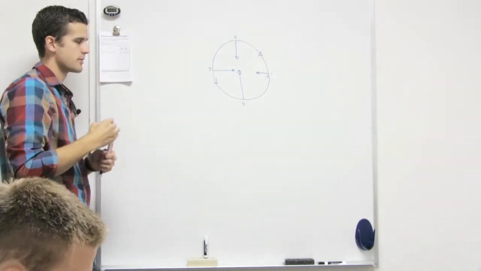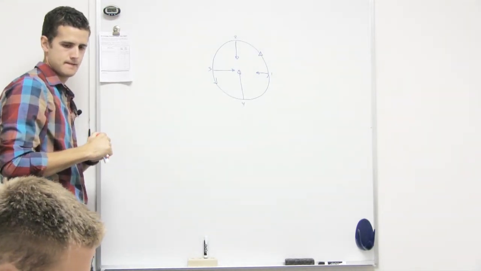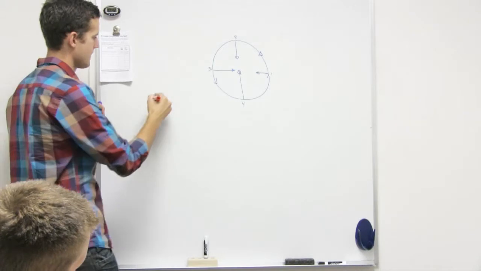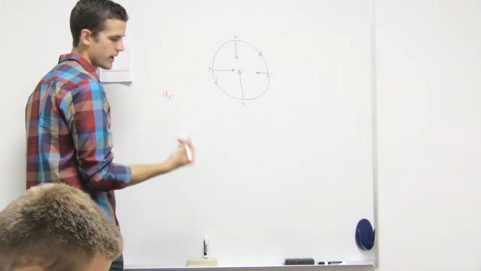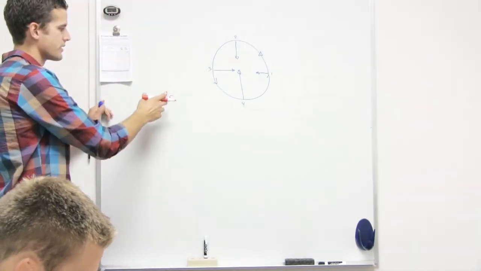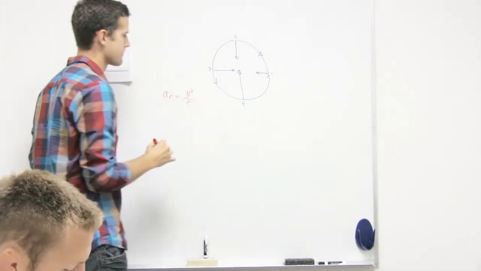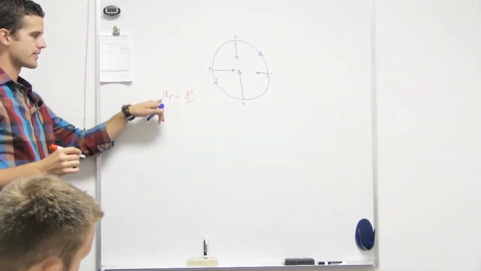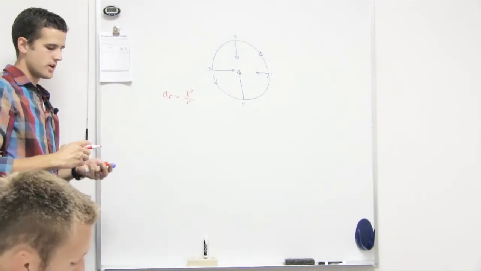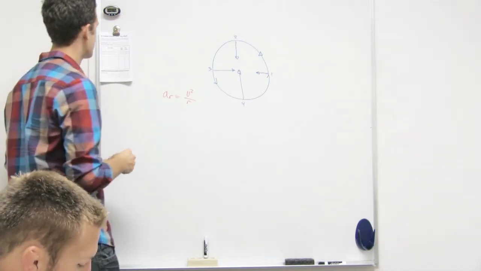All right, do you remember what the equation for radial acceleration is? I don't remember. So A sub R, or A sub C, I don't know which one they're using. Yeah, A sub R. That's radial acceleration, or centripetal acceleration. It equals V squared over R. We talked about how this one doesn't have to do with whether you're speeding up or slowing down. It has to do with how quickly you change direction. I think we talked about how as you're going around a corner,